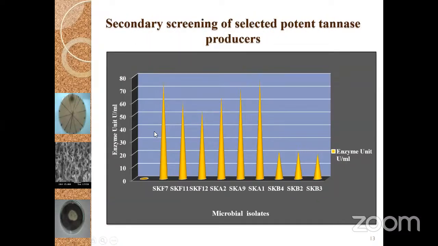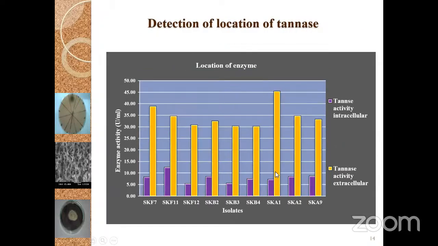So with this secondary screening, we have selected some potent tannase producing organisms from fungal, bacterial, and actinomycete isolates. You can see here SKF7, SKF11, and SKF12 fungal isolates; SKA2, SKA9, and SKA1 were the actinomycetal isolates; and SKB4, SKB2, and SKB3 were the bacterial isolates, which were considered potent tannase producing organisms on the basis of